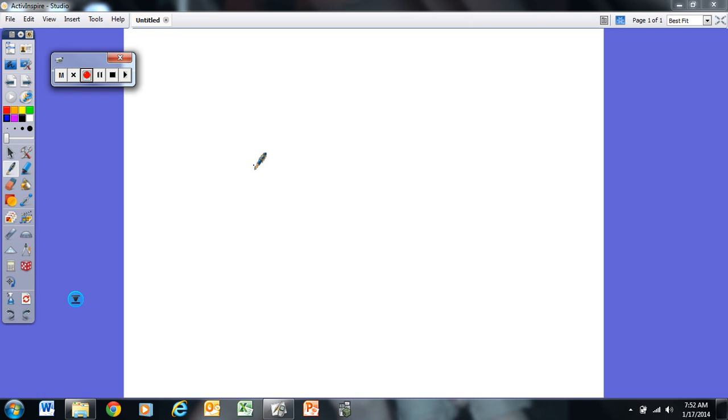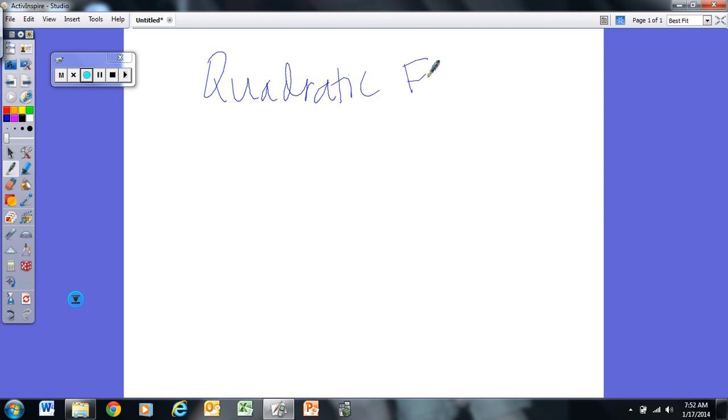This is going to be a real quick lesson on quadratic functions and how we graph them. A quadratic function is a function with an x squared, basically. That's the basic definition. So, for instance, if we look at the graph of y equals x squared,